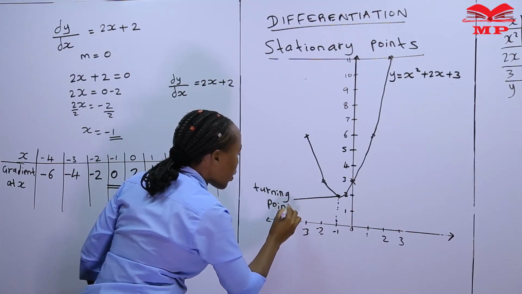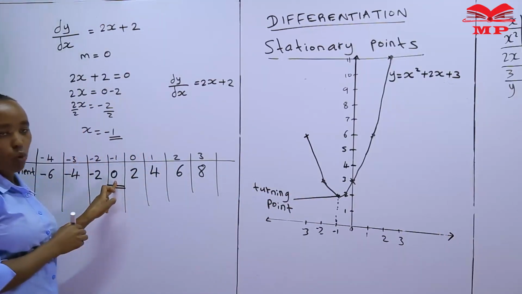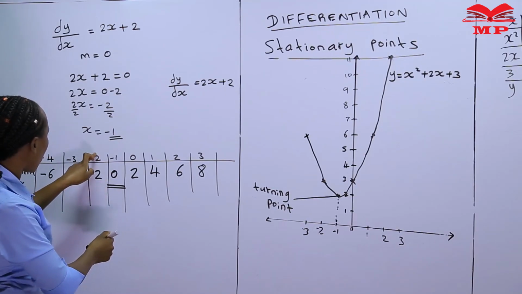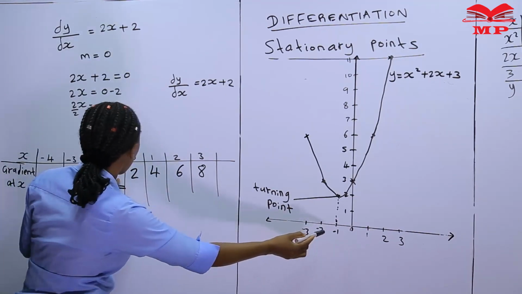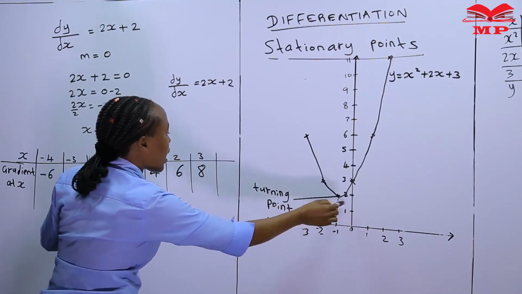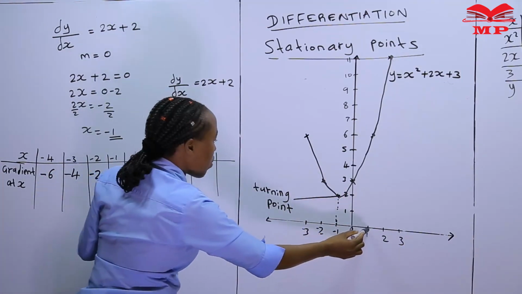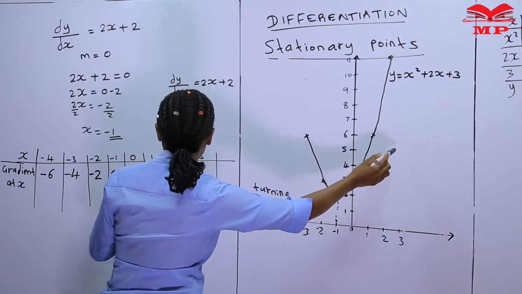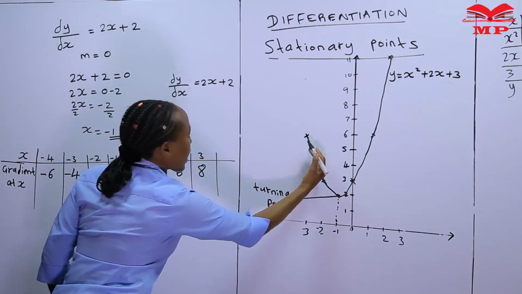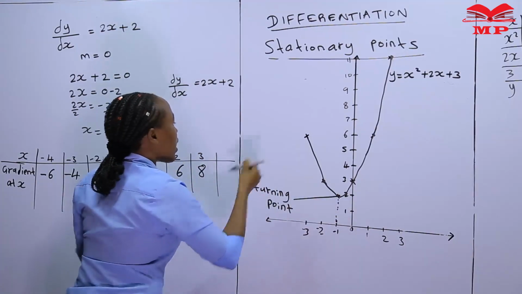It is the turning point, and the gradient at the turning point is equal to 0. So on this side we have -2, then we move up to where x is -1 on the x-axis, and we have the turning point. Then when we move to the other side, from 1, we have the gradient 4, 6, 8. Now we can see clearly that the gradient on the left side of this turning point,